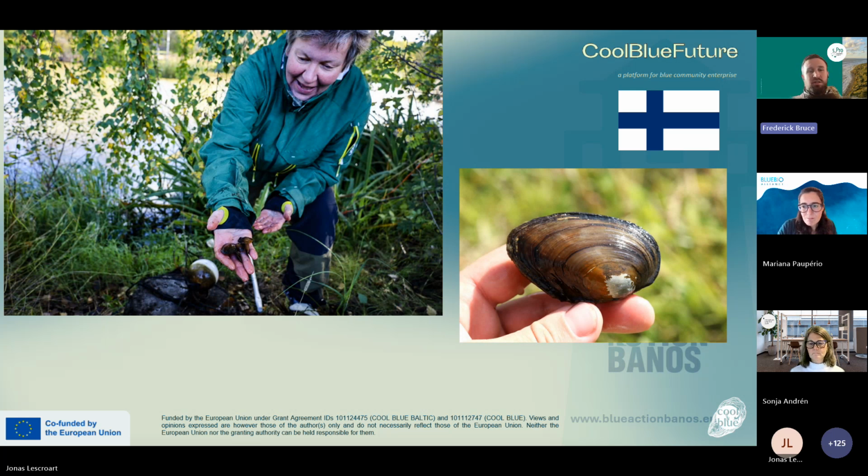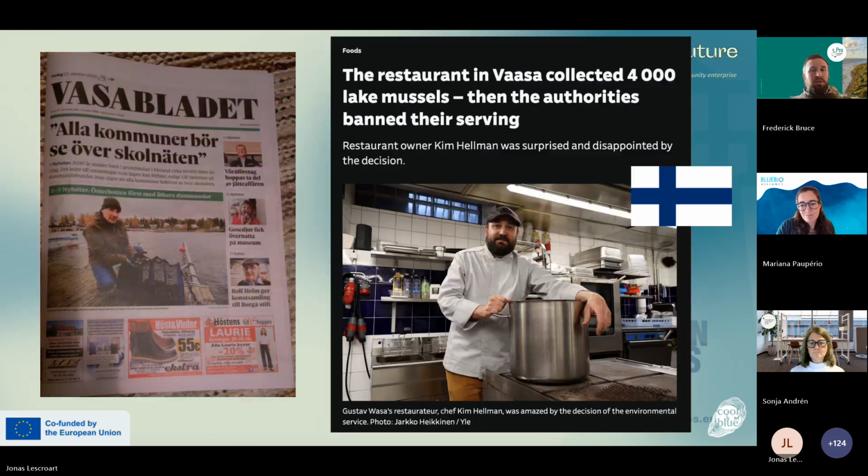So they started looking at the life cycle of these mussels, where they grow, can they tolerate very low salinity in the Baltic, and also started doing tests with cooking as well, to see whether it would be a viable food option, as mussels are. Next slide, please. And this actually got quite a lot of interest across the whole country, and actually there was